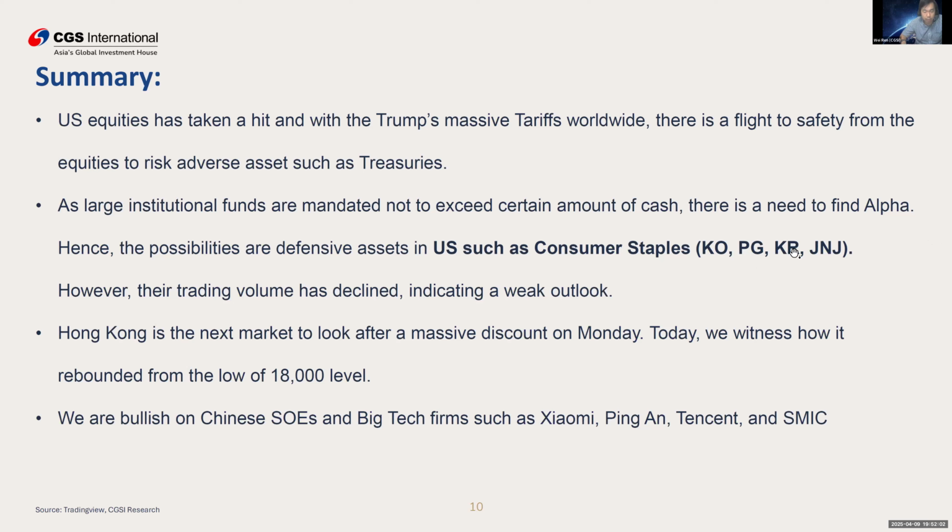I didn't put Walmart because Walmart is very tariff driven. And then J&J. J&J dropped because of a recent lawsuit as well. So it had a sell down from the large range of a 2-year range. At the top, I think it was 160. It came down. So I don't think that the monies are in the defensive.